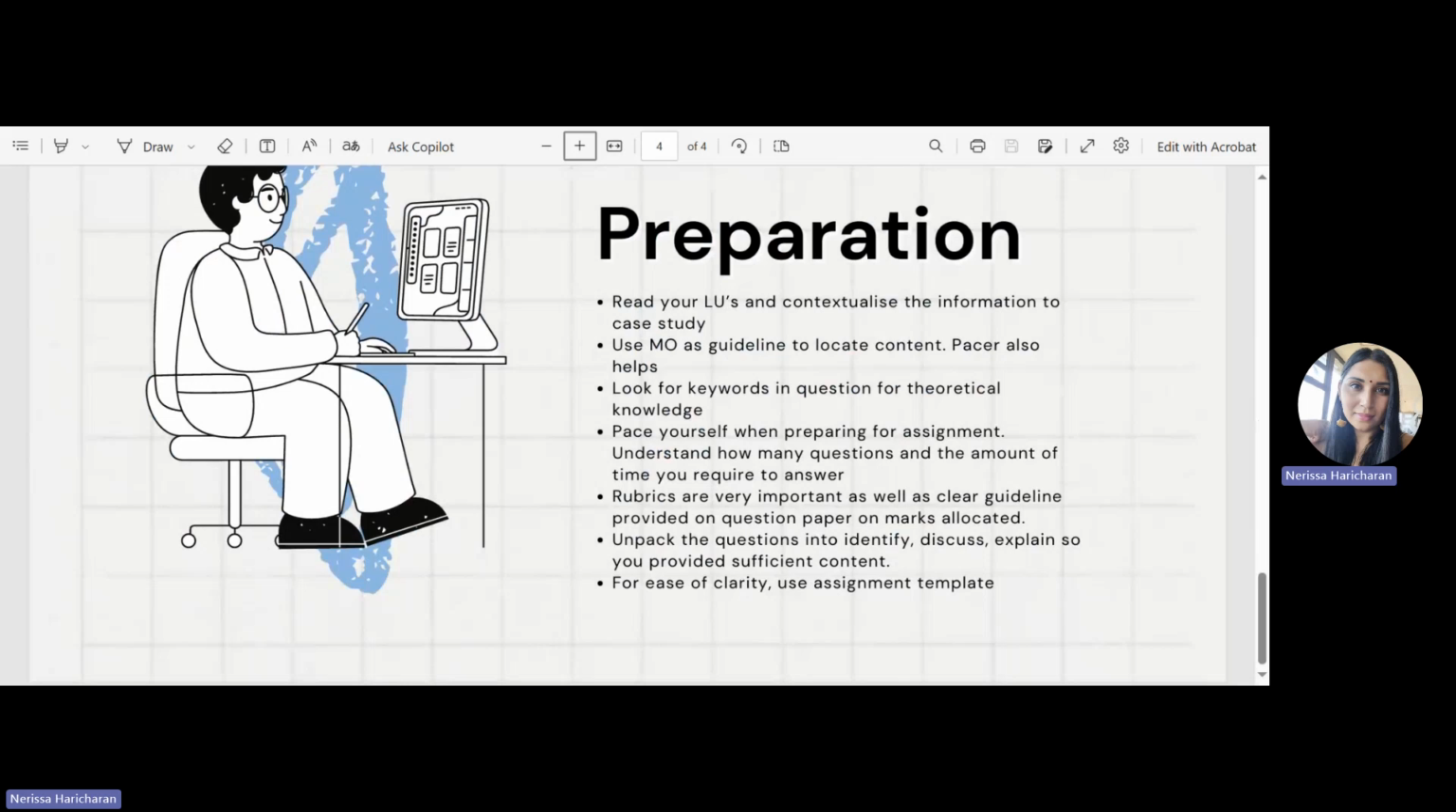Read your rubrics, understand how many marks is needed for the theory, understand how many marks is required for the application, and work off that. Unpack all of your questions into identify, discuss, and explain. There's different categories for it, so that you're providing enough content, and also make sure that you're using the assignment template. Okay. Then we're going to move on to our